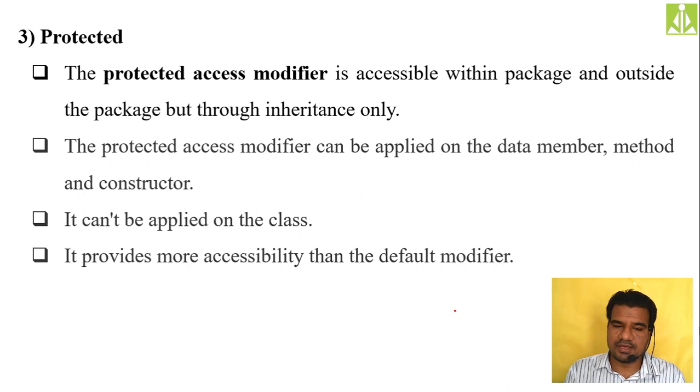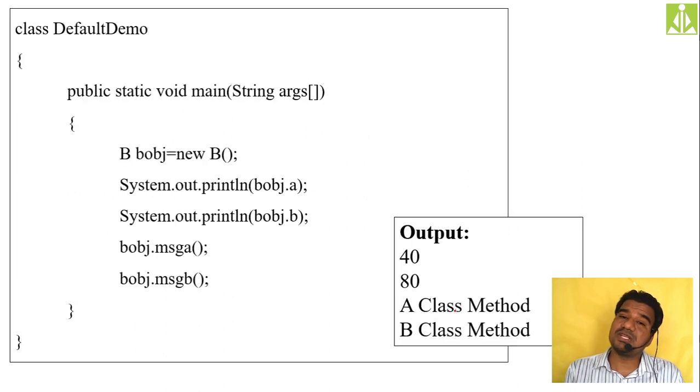So the next thing in our discussion is the protected access modifier. See, the protected access modifier is accessible within the package as well as outside the package, but outside the package only through the classes which are inheriting. Within the package, it acts like public only, but outside the package, only the classes which are inheriting can access. Non-subclasses in a different package are restricted. Subclasses in a different package can access.